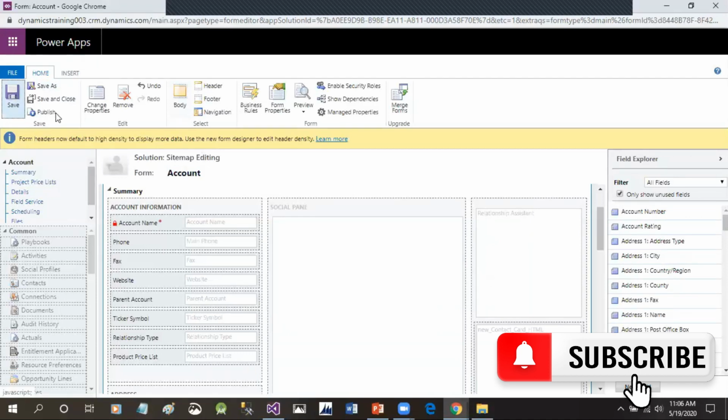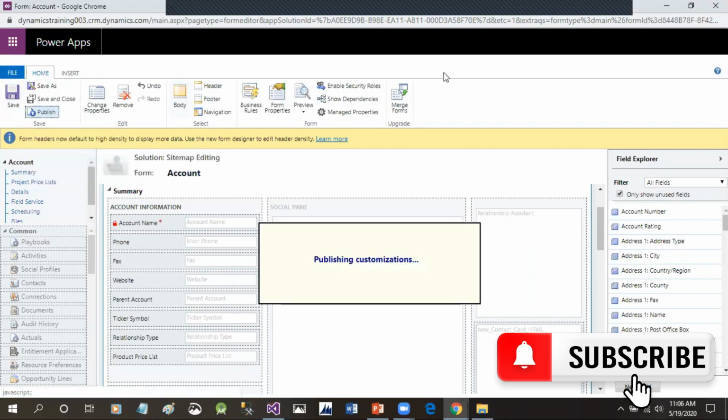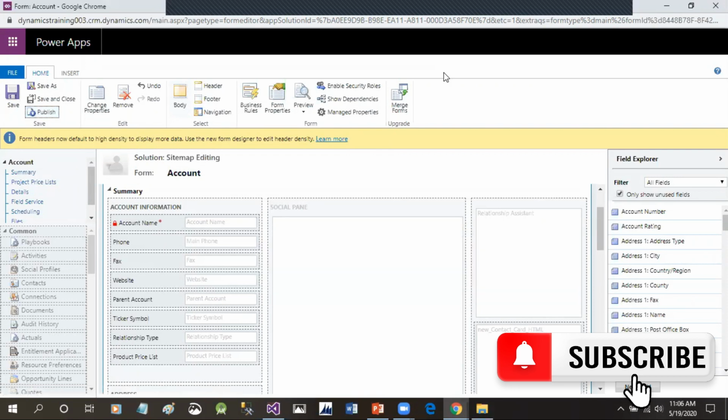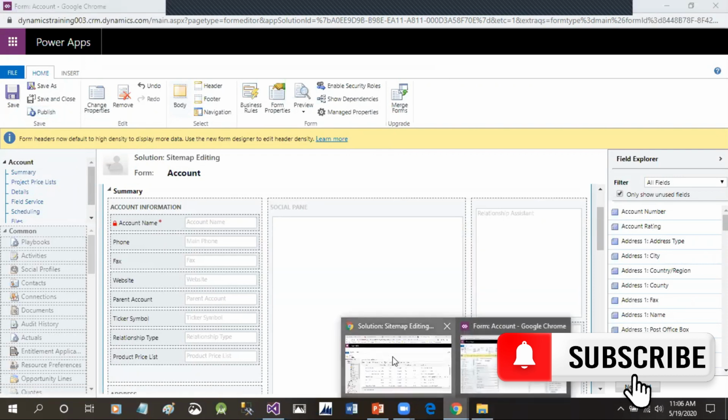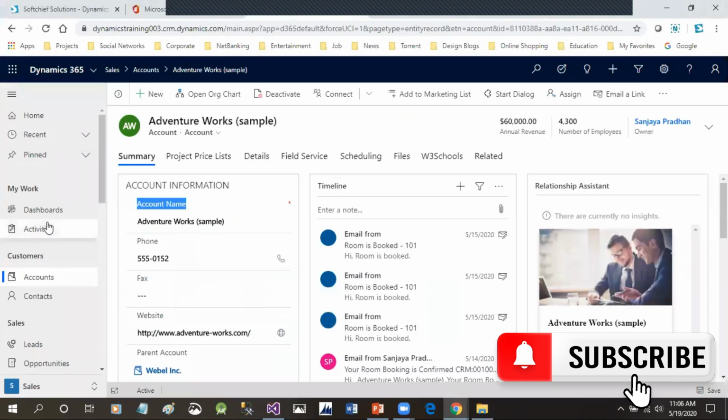Click on save. Once you save the form, you have to publish. Right, once published, you have to go here and try to refresh the window.